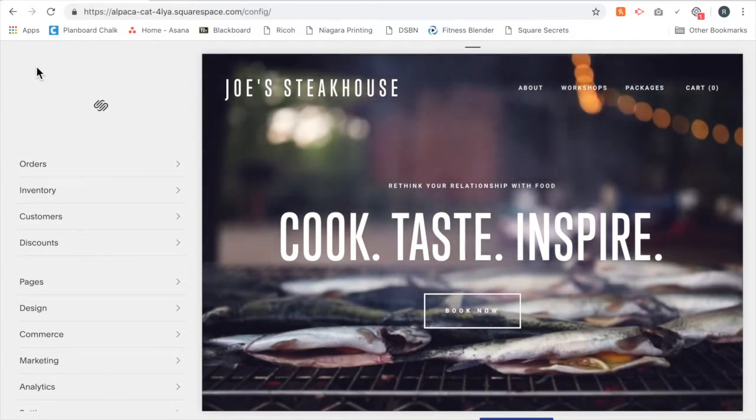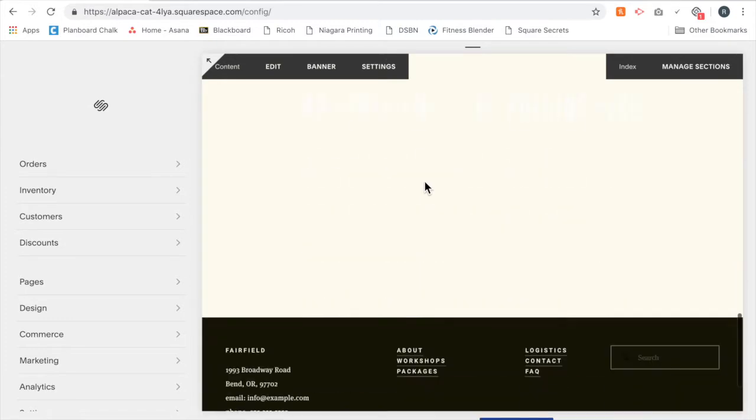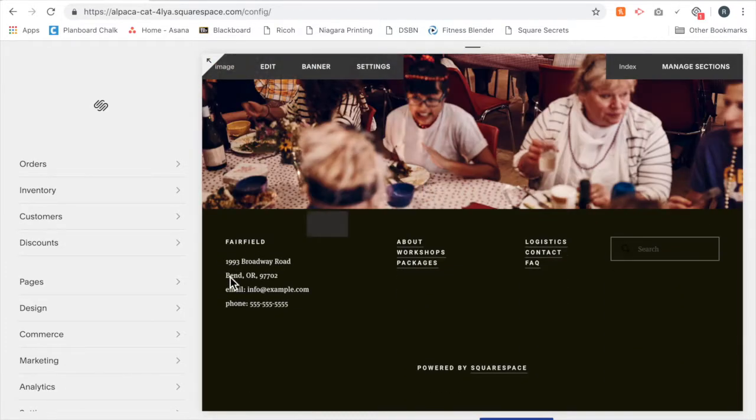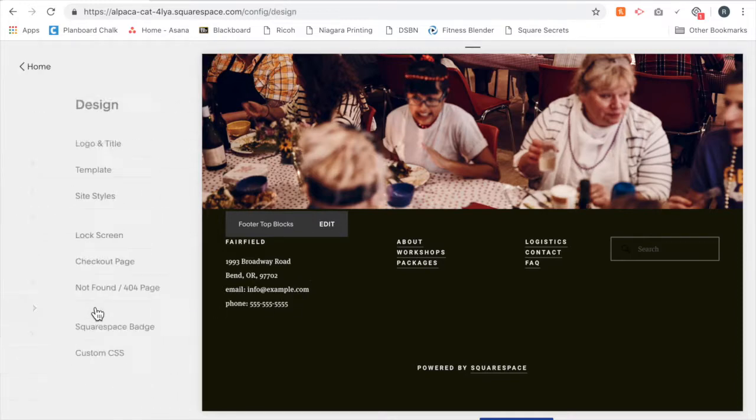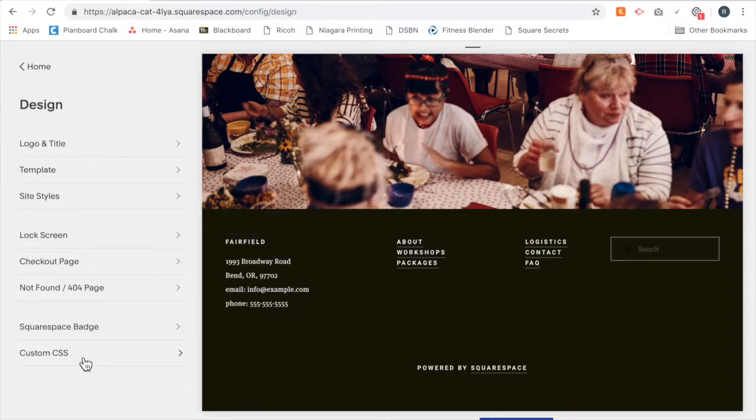Today we are going to be talking about changing and editing the style of the font in your footer. So if we go down to the bottom of our page here, we have some text in the footer, and for various reasons you might want the font here to be a different size or a different color than the rest of the font on your page. For instance, I want the heading 1 in my footer to be slightly different than heading 1 on the rest of my site. So what you're going to do is go to Design, go down to Custom CSS,